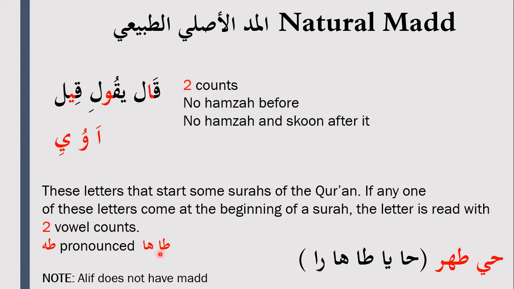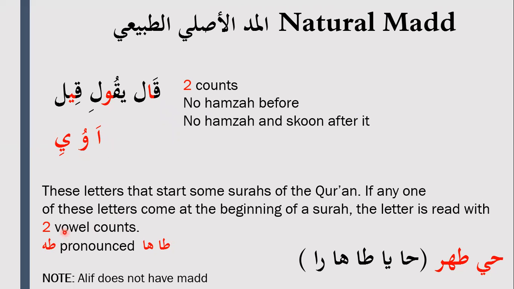So because these letters originally include in their original spelling the mad, they include the letter of mad in the original spelling, you cannot drop that. So you need to pronounce that. Now, when these letters have a short vowel, you do not give them two counts because we've already put a vowel on it. So if it was like this, I'll say it short. I won't make it long. Why? Because it now has a short vowel above it.